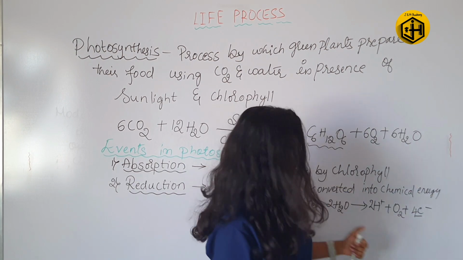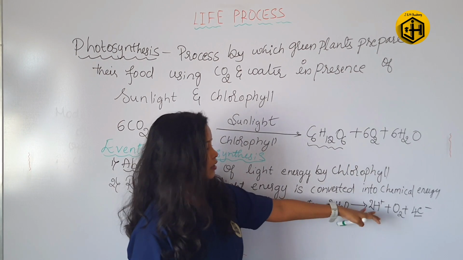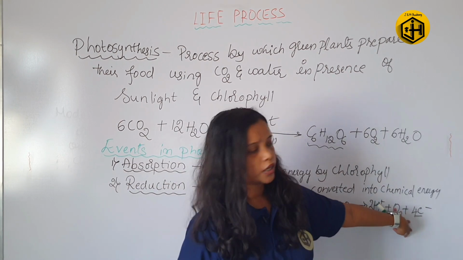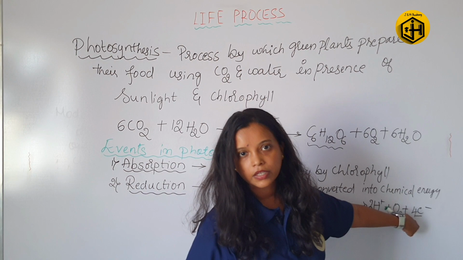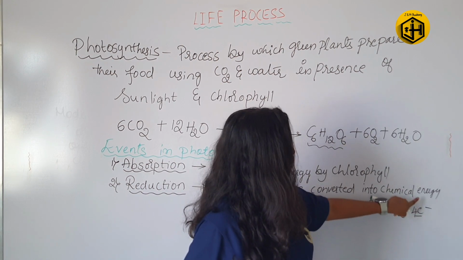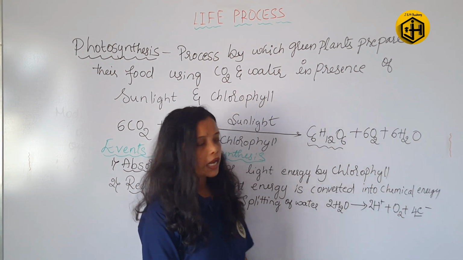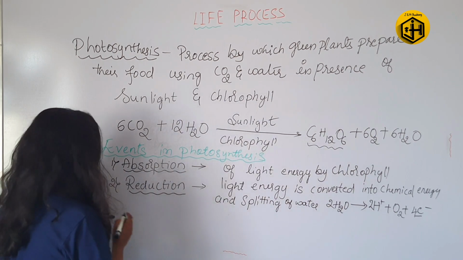So water splits into H plus, O2 and electron, and through this electron and sunlight, chemical energy is formed. The next step in photosynthesis is